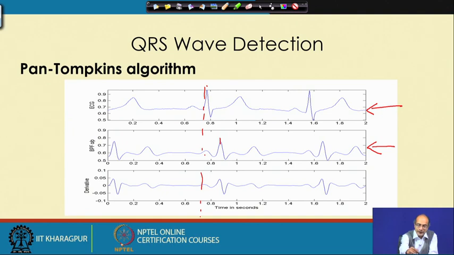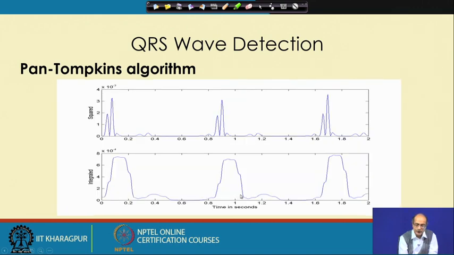Next, we look at the squaring operation. After the squaring, the T wave gives rise to a small waveform, whereas the QRS complex gives a much larger waveform. So, we get suppression of the other waves and amplification of the QRS complex. Once it is squared,